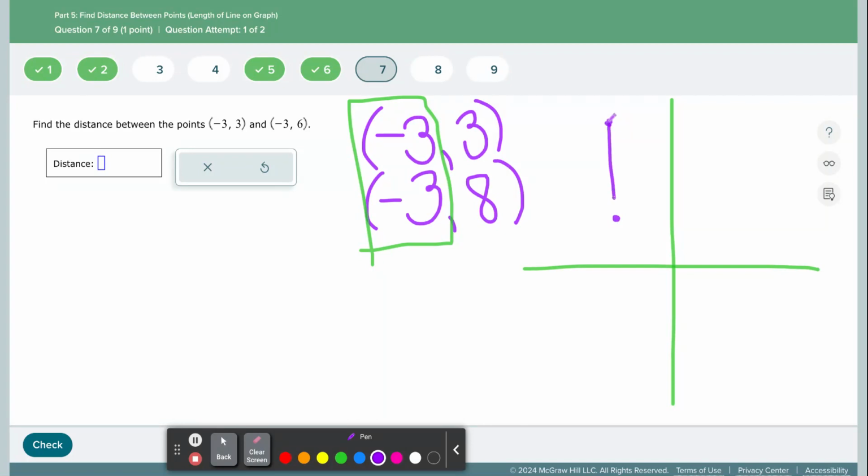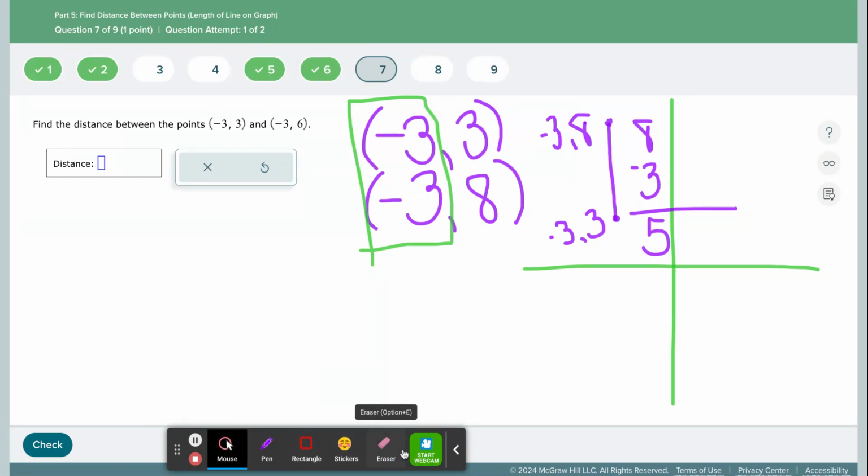Look, I am in the same quadrant, correct? So all I care about is getting from where I plotted this -3, 3 to where I plotted -3, 8. How do you tell the distance between 8 and 3? You don't need to find the absolute value to do it, right? It's literally just, 8 minus 3. That means our distance is 5. Cool. No absolute value is necessary if they're both positive. Okay. What if they are